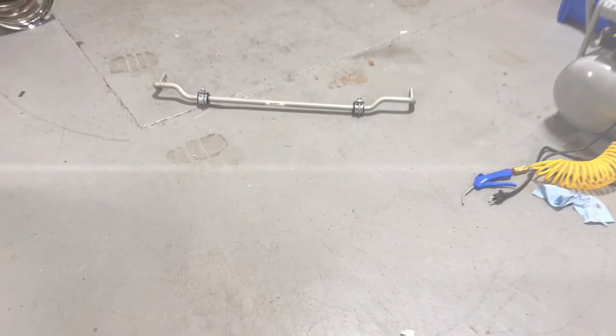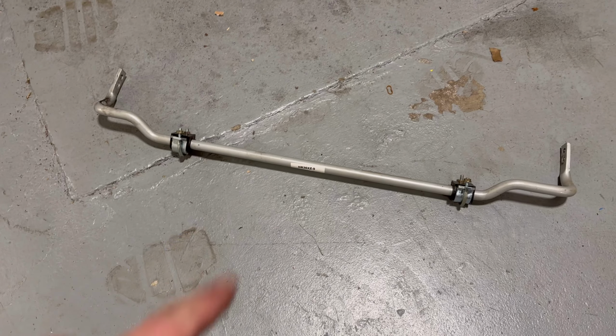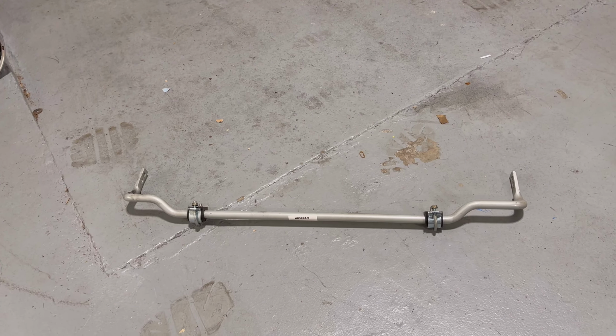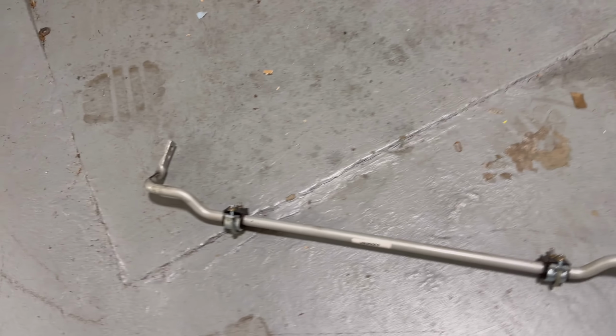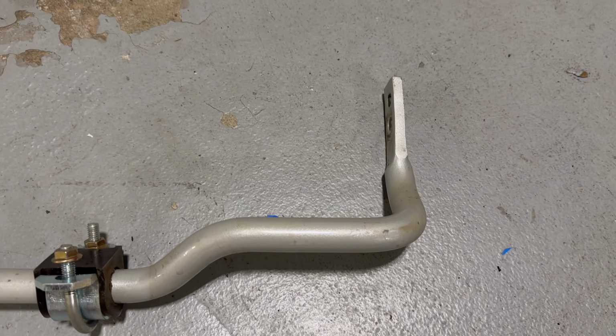So I'm gonna get to it. Got the rear sway bar out, kind of had to, and the reason is this sway bar, from all the research that I've done, there is no part number HR36XZ-9 on Whiteline. There is a BHR36XZ with no -9, and that says that it will fit a DC2 Integra. Now the difference is, and it's not easy to see, you can see one side is slightly longer than the other. Well, that's honestly really not ideal,